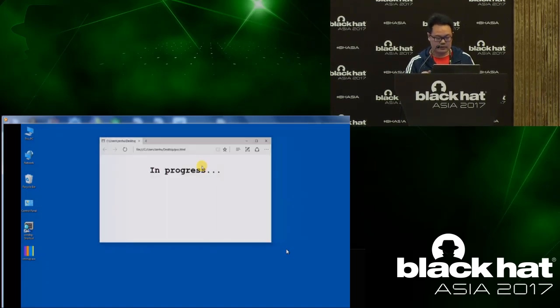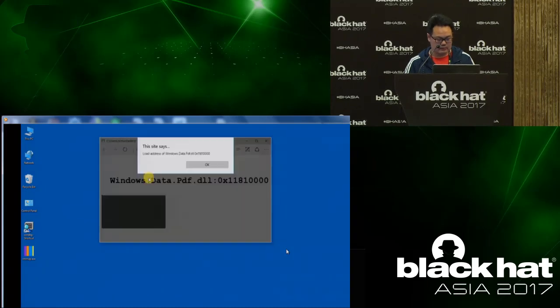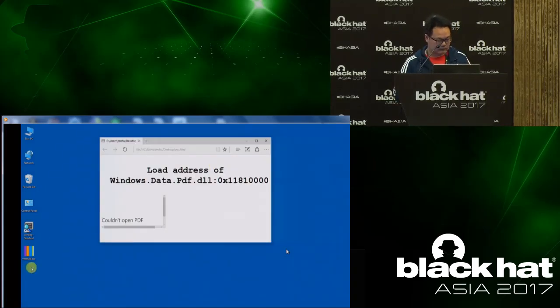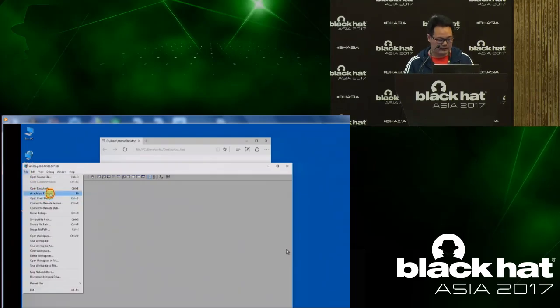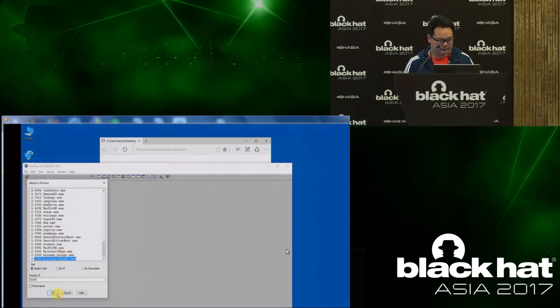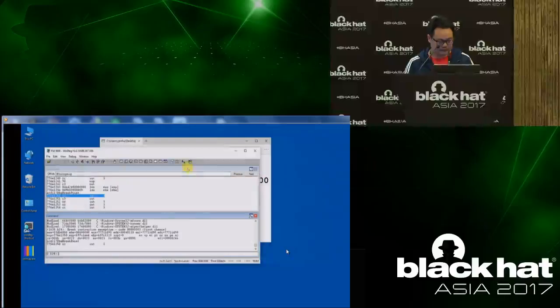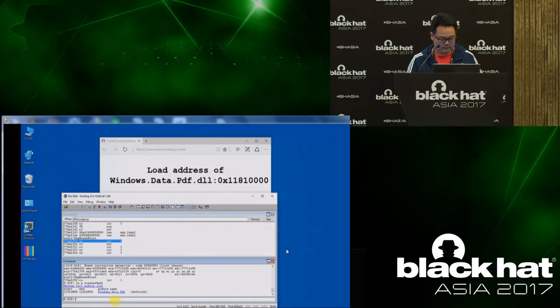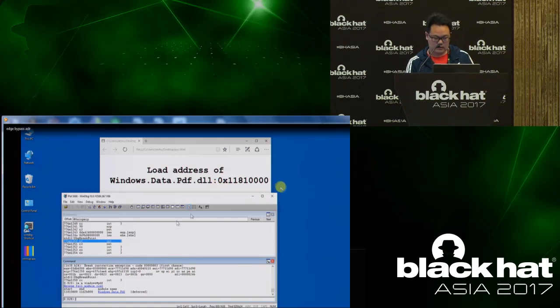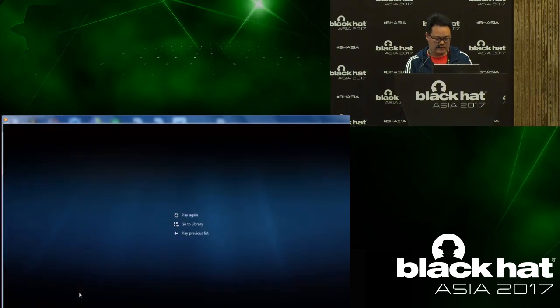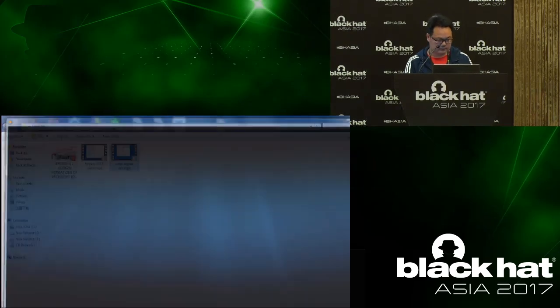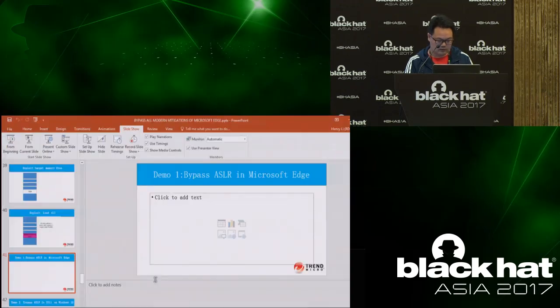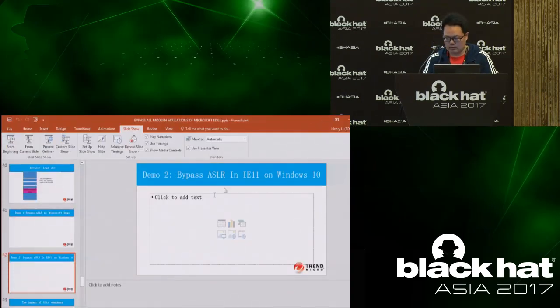This will need some time to collect the address. Okay, we will check whether this address is right. So we can say the leaked address is equal to the start address of the module. Okay, we will see the bypass